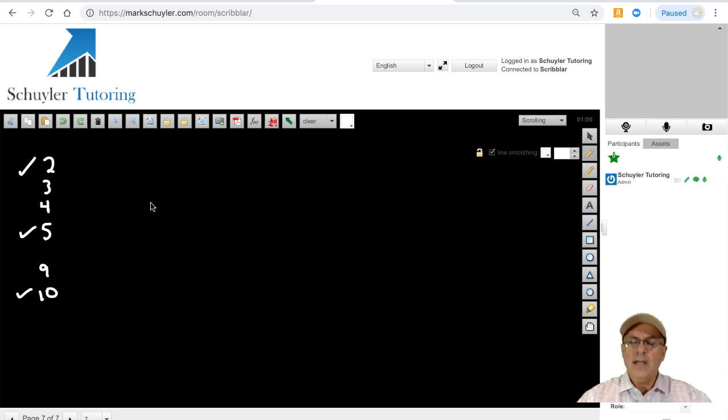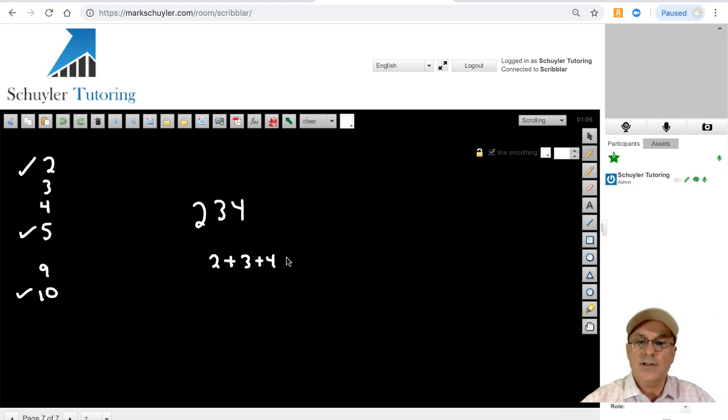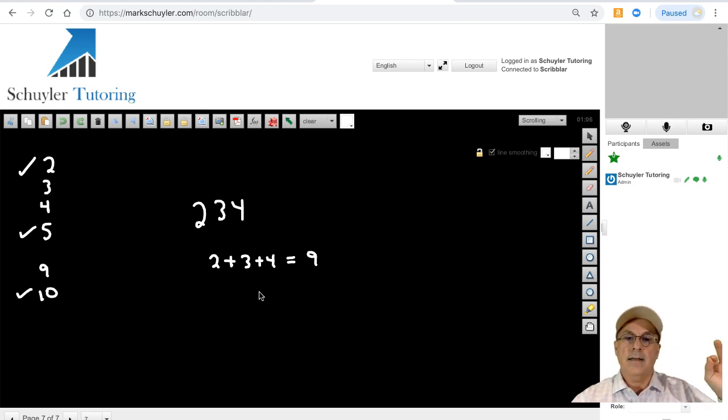So I usually spend a little time making sure that they can just look at a number, and let me give you such a number. How about the number 234? Okay, is it divisible by 3 just by looking at it? Can you tell? Well, you may know this one. This one's pretty well known, the way to tell. You add together the individual digits of the number. What does it add up to? It adds up to 9, which is a number that's divisible by 3. So the number 234 is divisible by 3. It'll go in evenly. 3 is a factor of 234, and